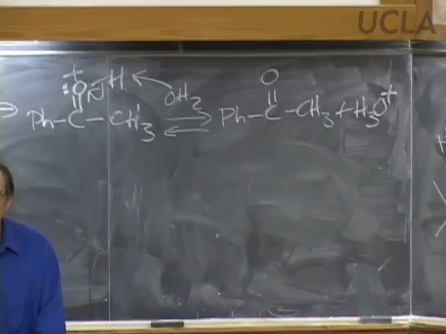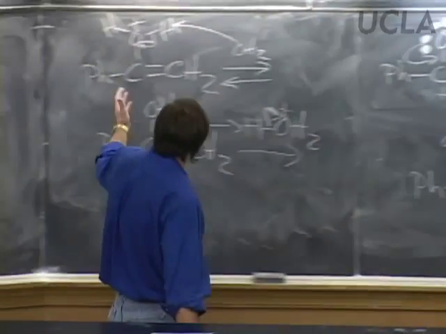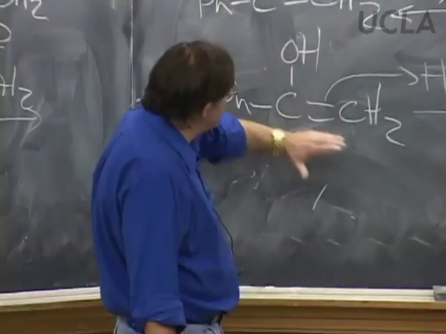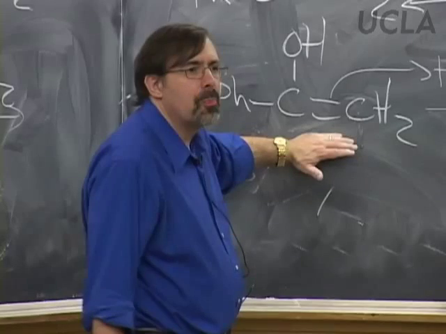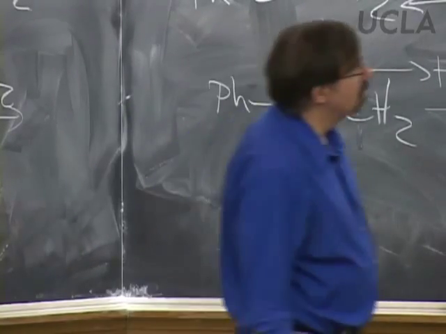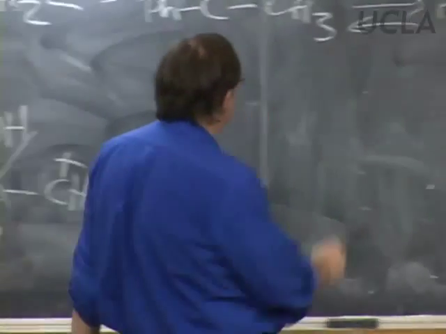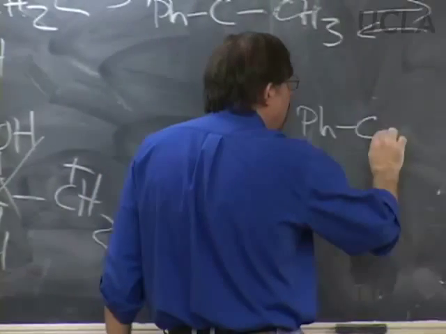Now you might say, I don't understand. The enol that we had here, right? So we deprotonated this, made this enol. This enol looked perfectly happy. It's conjugated. This guy's conjugated too. So why do we go up to this point? What's going on here? In other words, what we have is an equilibrium